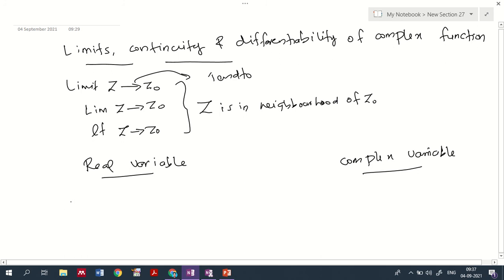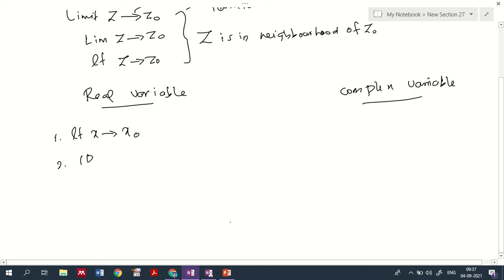When you consider a real variable, for example, x tends to x0, it is a one-dimensional representation, where x is the length approaching x0. It means that whenever you represent a number line,